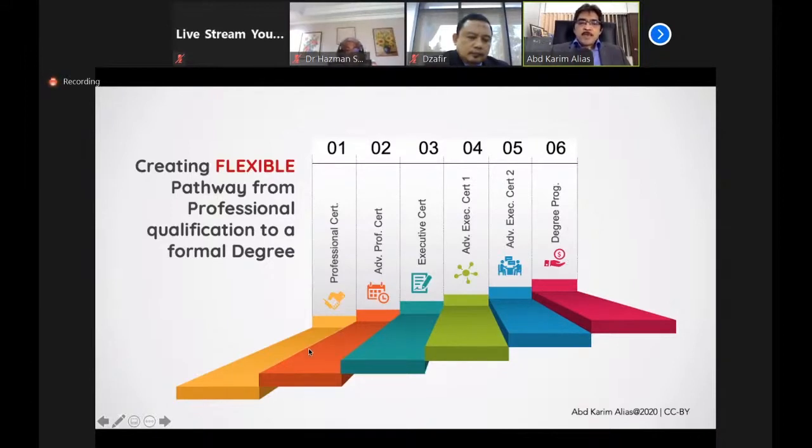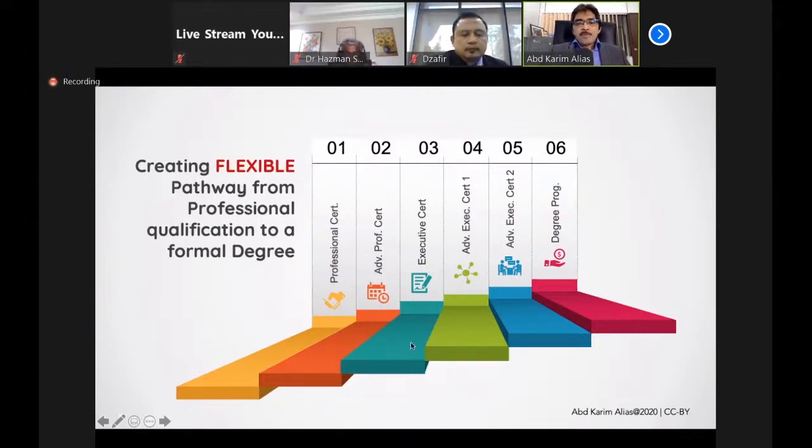And in each package, there will be several courses, and we can break them up into modules, and then we can offer this as an independent package to the public, and the students now can see the pathway.